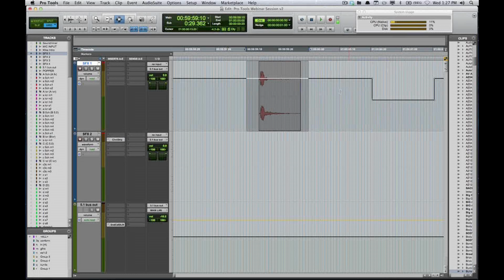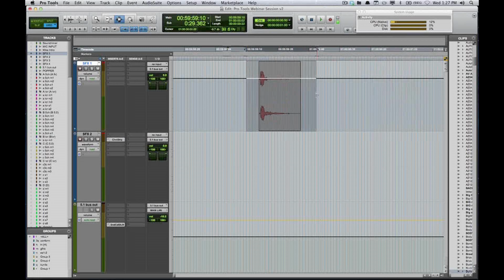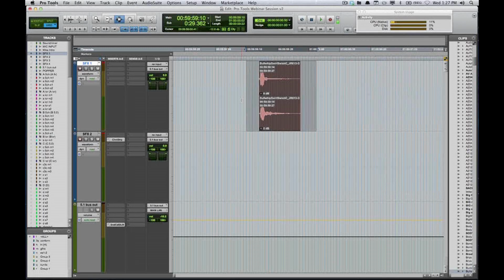When I first installed Pro Tools 10, I actually had a list of issues that I was keeping track of. The first one on there was this. I was trying to cut some backgrounds. I was having a hard time pasting my volume information, my volume graphing, all that kind of good stuff. And I didn't realize what was happening. It was that I think by default, when you fire up Pro Tools 10, this is not enabled. So be aware of that. Turn it on. I know there is a time and place for that. For the most part, though, I'm not using that. So be aware of that new feature.